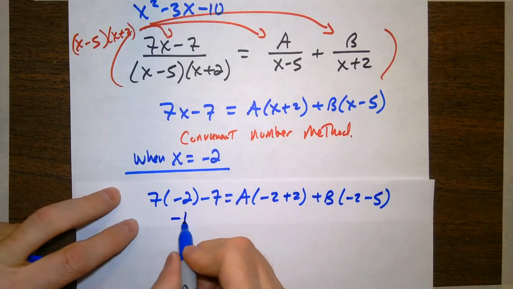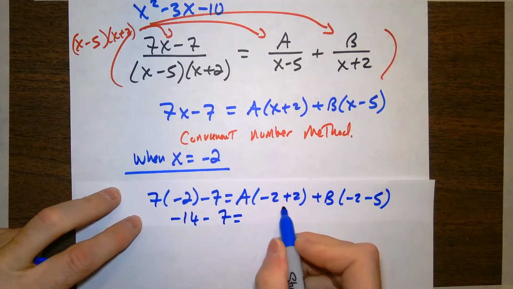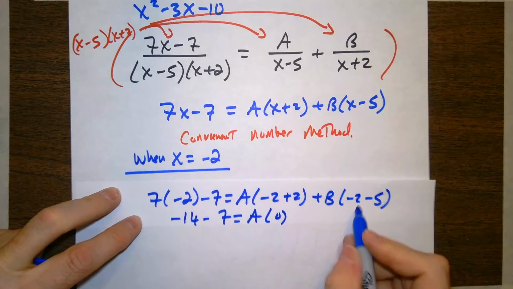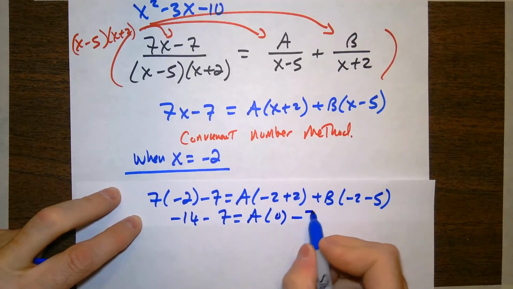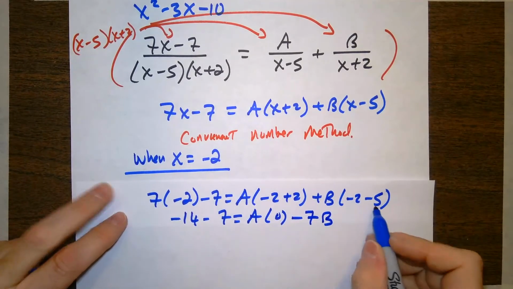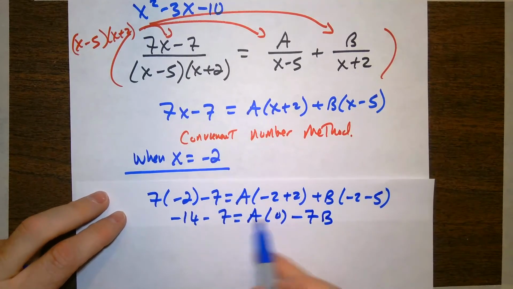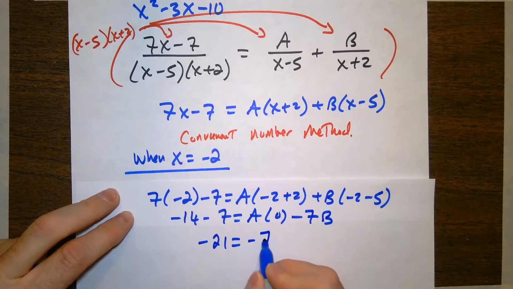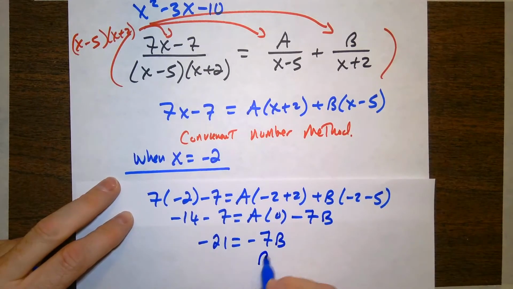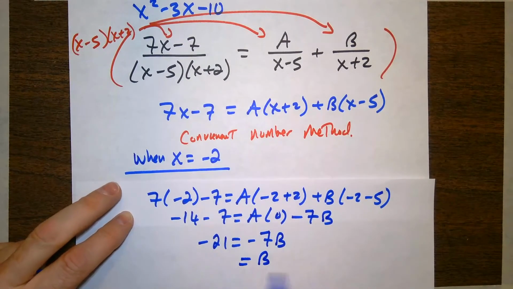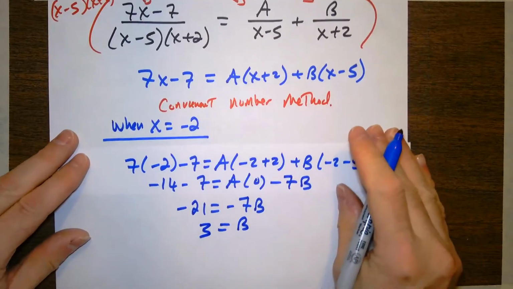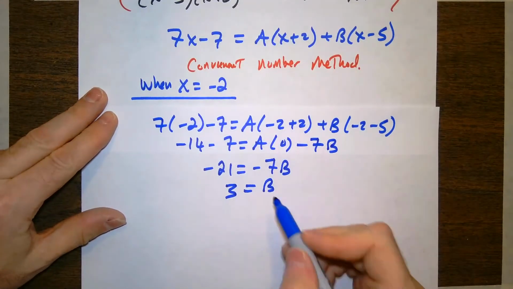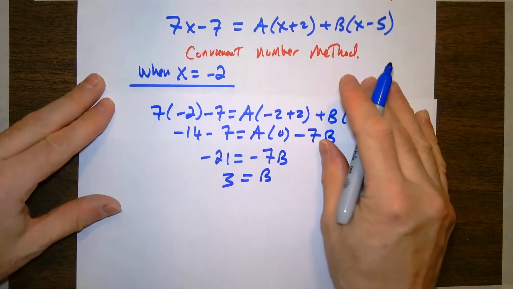7 times negative 2, negative 14 minus 7 equals a times 0 minus 7b. Negative 2 and negative 5 is negative 7 times b. So the a's disappear here, and I get negative 21 equals negative 7b. Divide both sides, and I get b is equal to 3. So now I want to find a, and I could plug a back in there, but